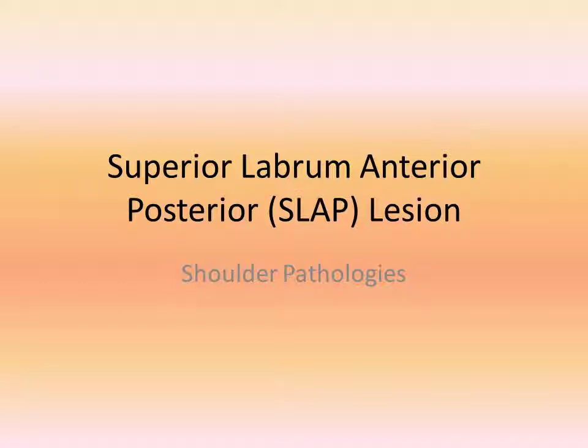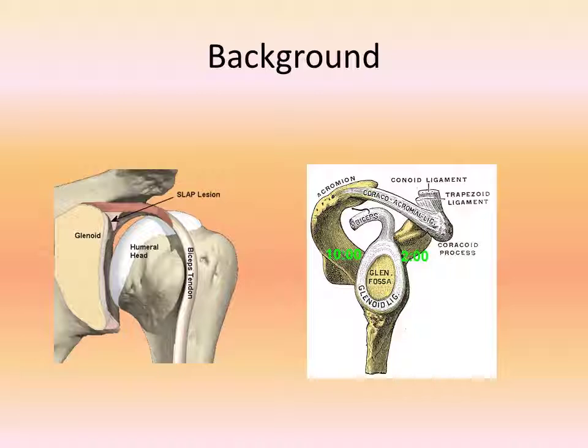A SLAP lesion is a superior labrum anterior posterior lesion with or without involvement of the long head of the biceps. The lesion occurs between the 10 o'clock and 2 o'clock position on the glenoid labrum. There are 4 types, but type 2 is the most common. A SLAP tear leads to increased stress on the inferior glenohumeral ligament, resulting in a risk of shoulder subluxation and